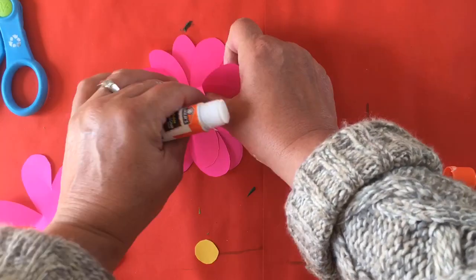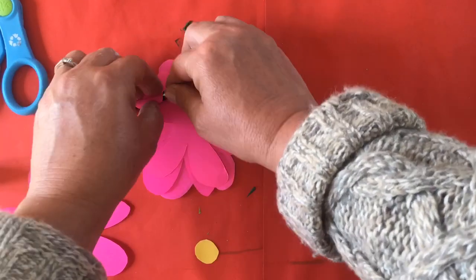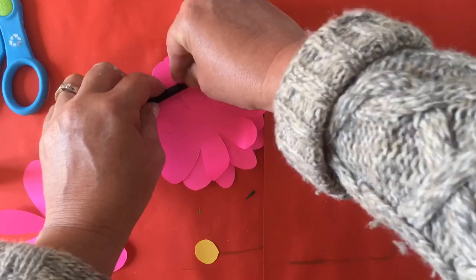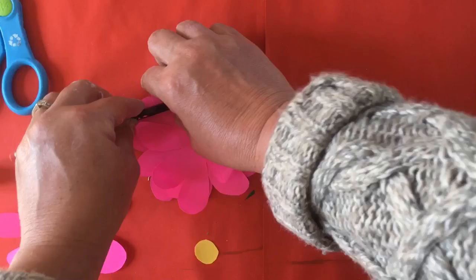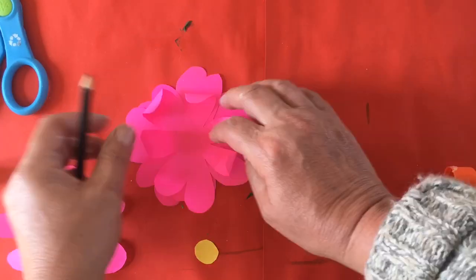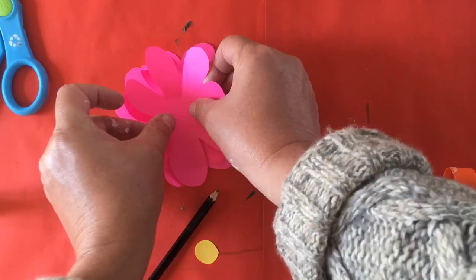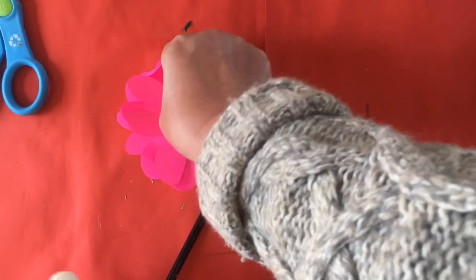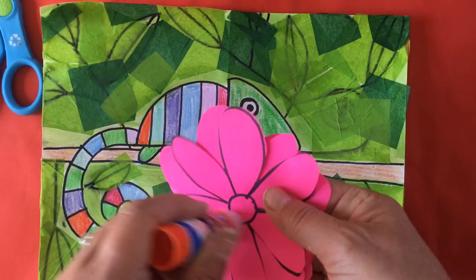And you're going to do that with each layer, moving it. And I used a pencil to roll up some petals to make it more three-dimensional. And you can do that layer by layer, and it makes it come right off the paper. It's pretty cool, making three-dimensional work. And then I put another little bit of glue and added my last layer, making sure it was in the middle of some of the petals, and then did the yellow dot, glued that in the middle, and then put